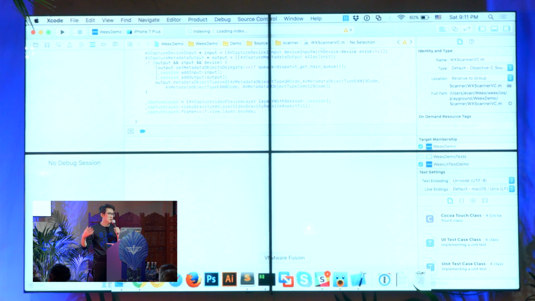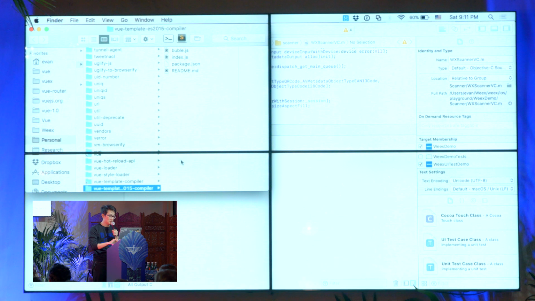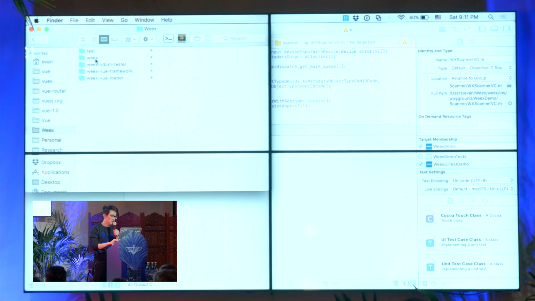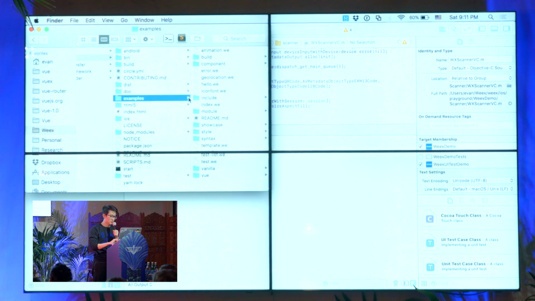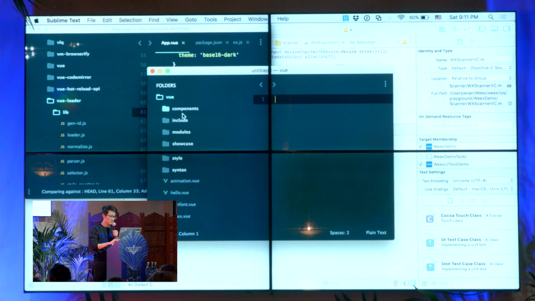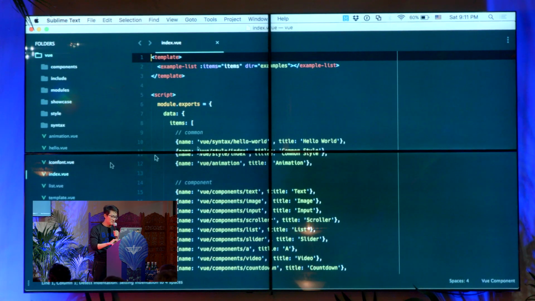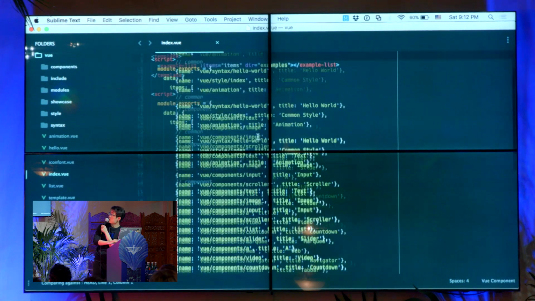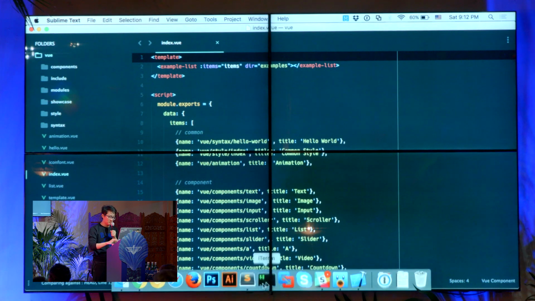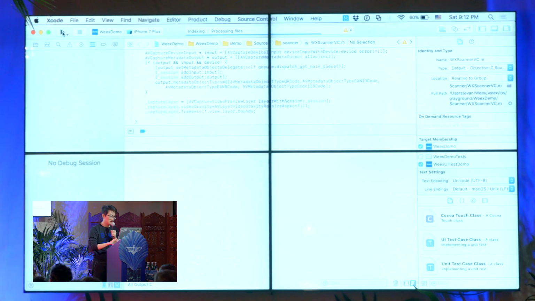It's already all set up, so I'm just demoing what you can do here. Under Weeks, if we look at the examples, there's a Vue directory. This Vue directory and the index is just a Vue component. If we build and run the app,